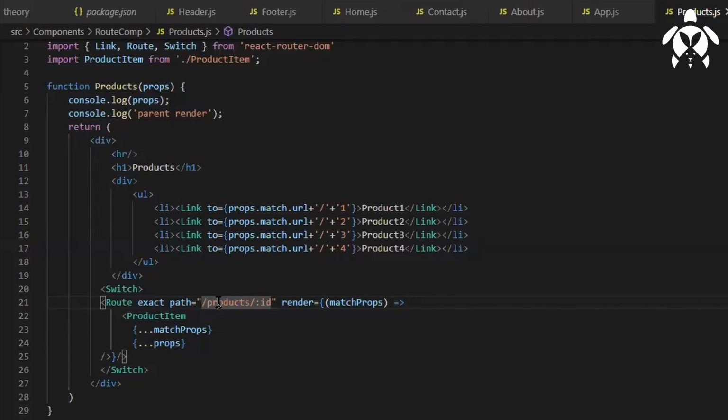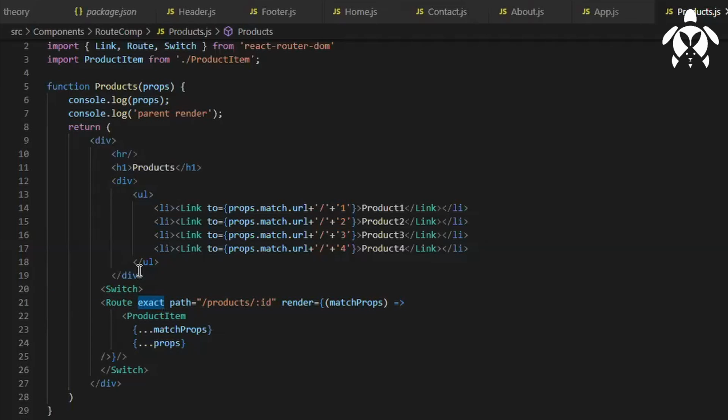That means for this URL I'm going to render ProductItem, right? So if it matches /products/:id, this is a parameter, right? So if /products/1 is there, and 2, 3, 4 like this, then it is going to render this ProductItem. So yesterday what we did is first of all we didn't have the forward slash, and then we were not passing it correctly, and we didn't have this exact also.